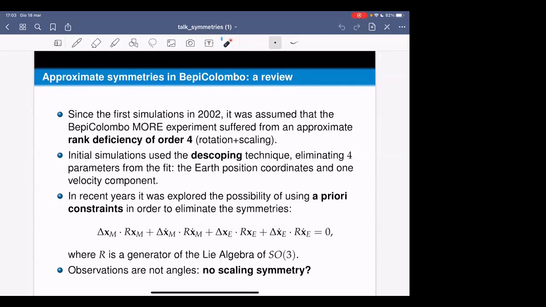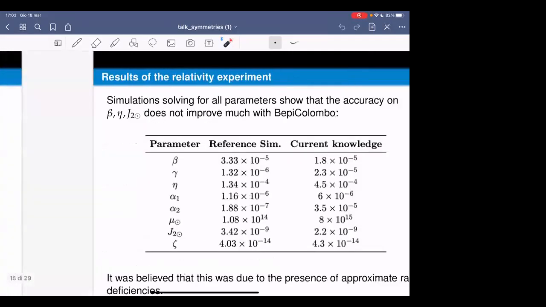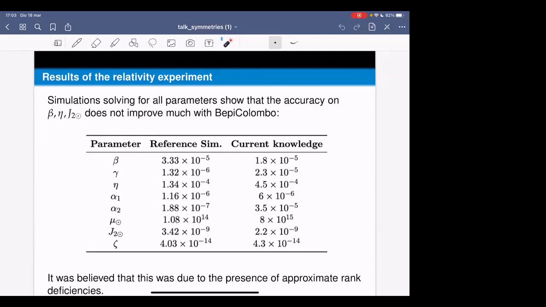And then, even with a discussion with the other groups involved in the BepiColombo mission, we actually realized that the observations for BepiColombo are not angles, are not angular observations. We only have range observations, so distance, and velocity observations. So might it be the case that there is no scaling symmetry? For the relativity experiment, we noticed that